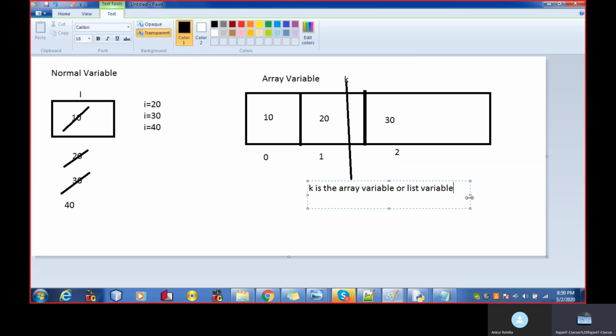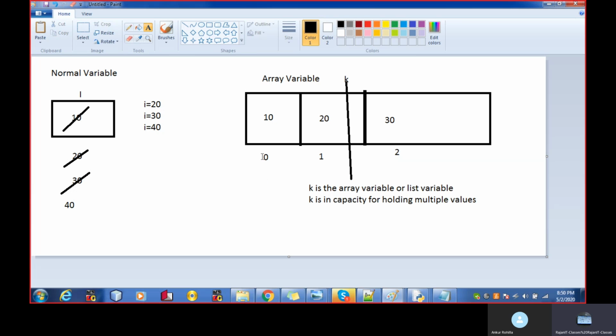If someone asks what else you know about K: K has the capacity for holding multiple values, that's why it is said to be the array variable. Now, what about this 0, 1 and 2?